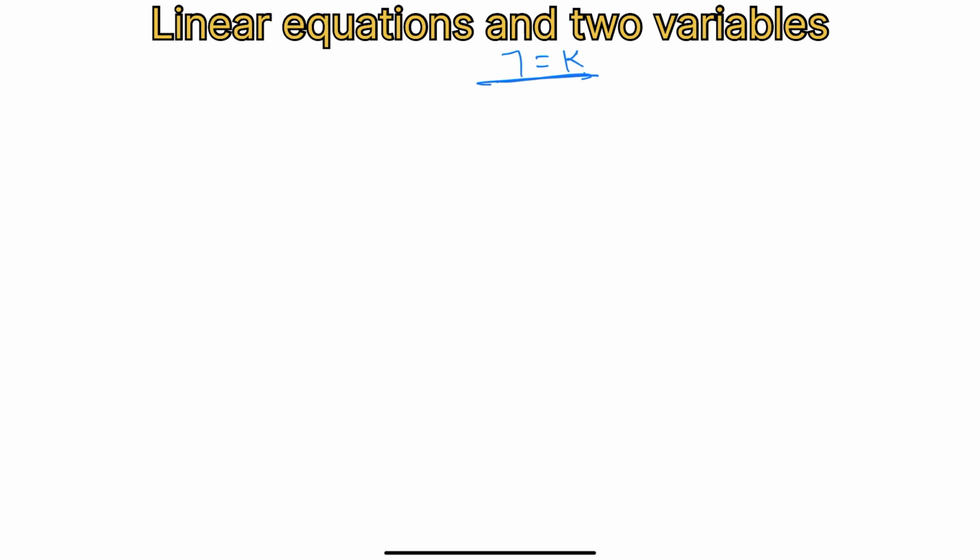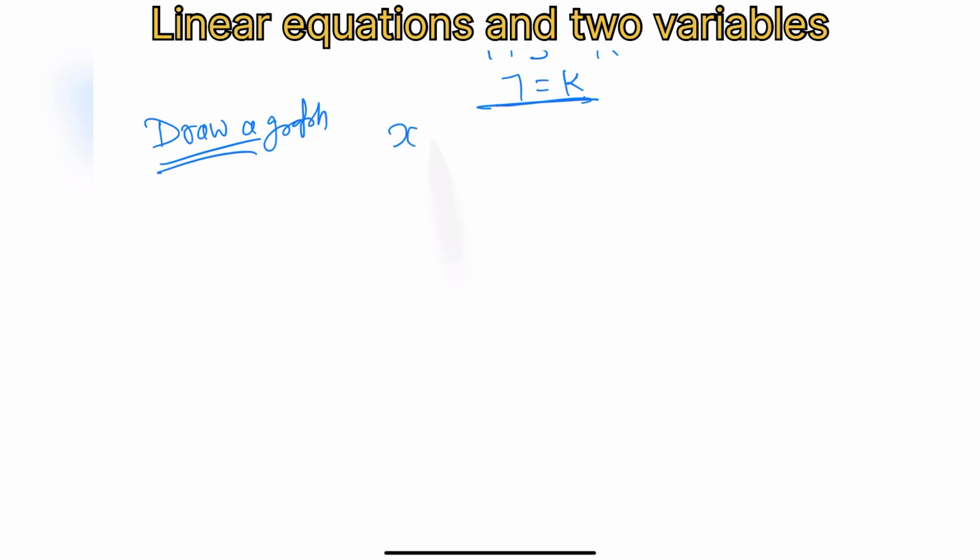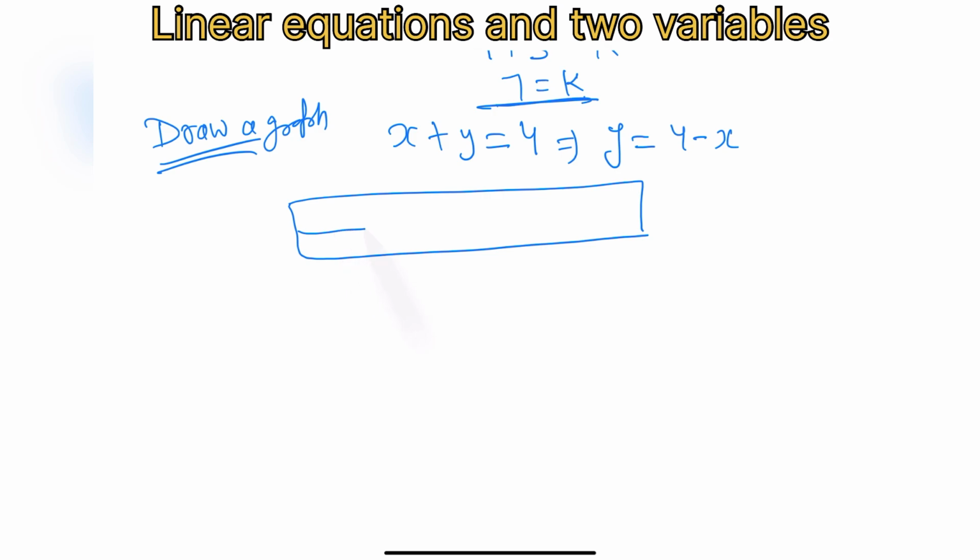Like if we have a question to draw the graph, where we are given an equation and asked to draw a graph, any kind of equation, we are taking an example of x plus y is equal to 4. So it means we have to draw the line of this equation. First of all we have to find y is equal to 4 minus x, because this is the slope intercept form. So y equals 4 minus x. To find the points which we have to plot on the graph, draw a table